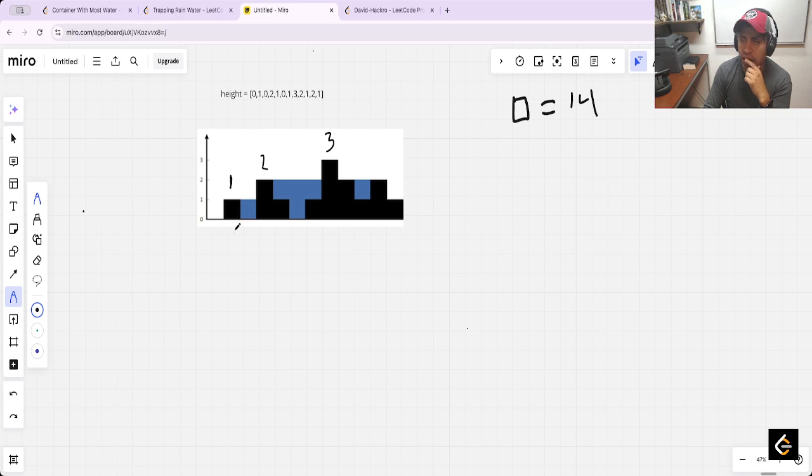Yeah, and it's more of a monotonic stack problem. Even if you notice, it's an increasing monotonic stack, but I'm not sure here because